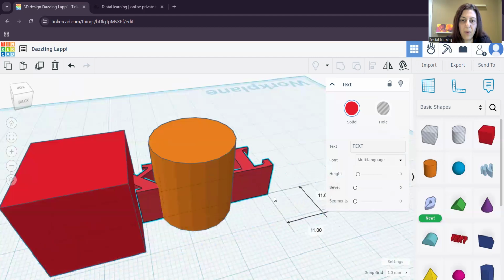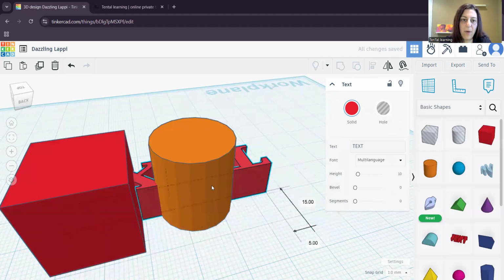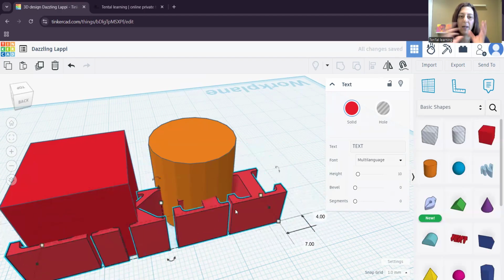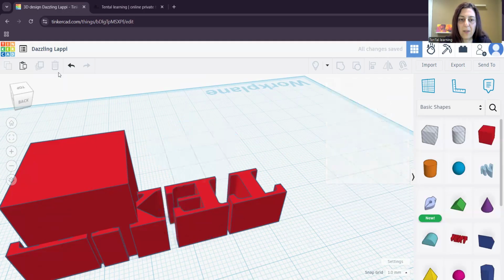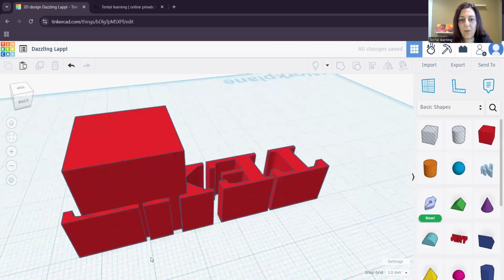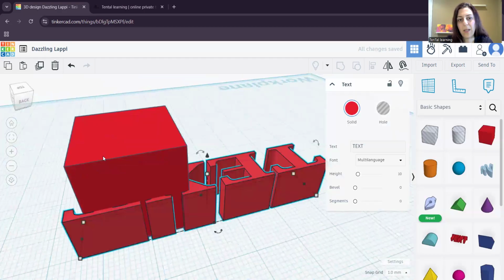Let's say I want to put this text on top of my box and make an object that has a text on top of it. So let's get rid of this one. Click, select, and then here is the trash can. Click trash can to delete. What I want to do is to put the text on top of the box and make one object out of